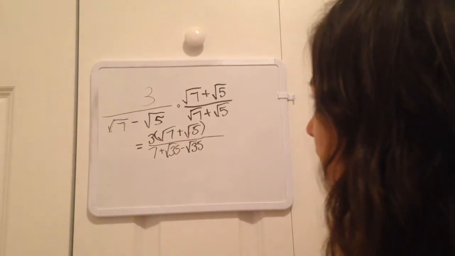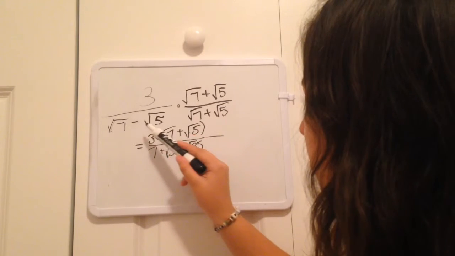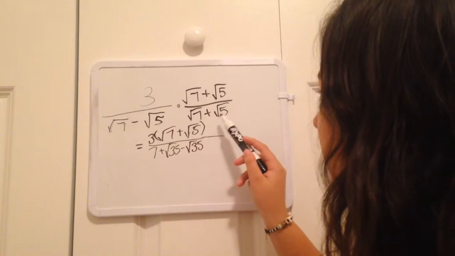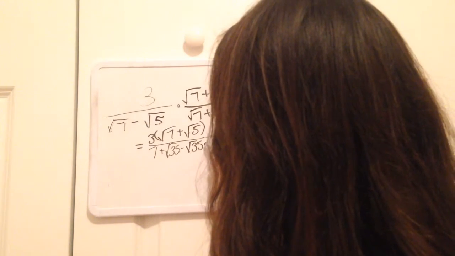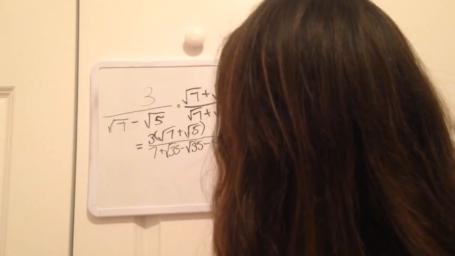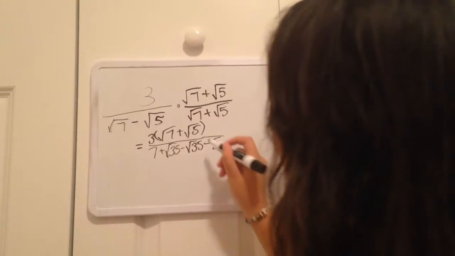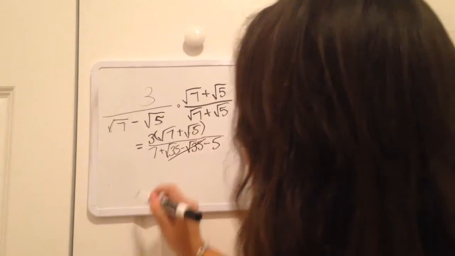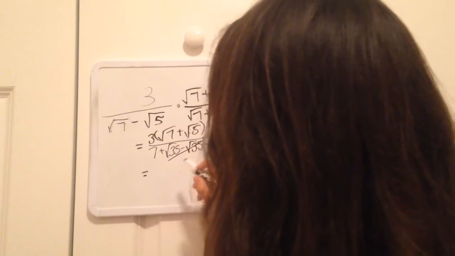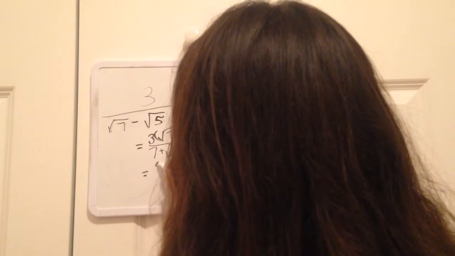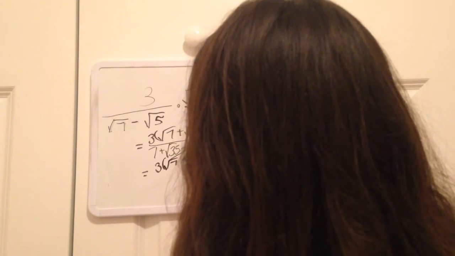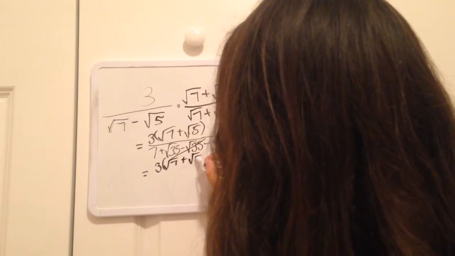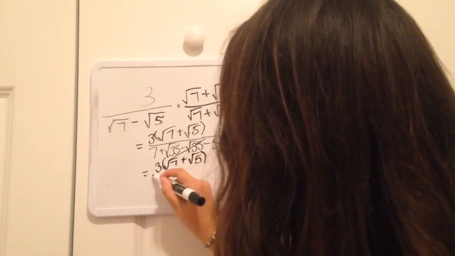And then a negative radical 5 times a radical 5 would be a negative 5. When these two cancel out, it would just end up being 3 radical 7 plus radical 5 over